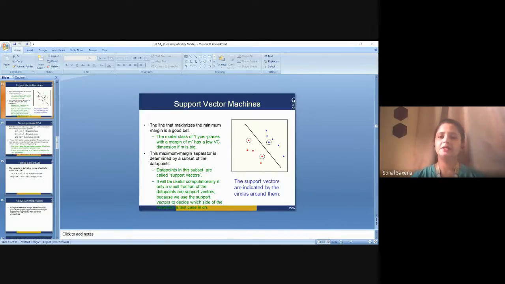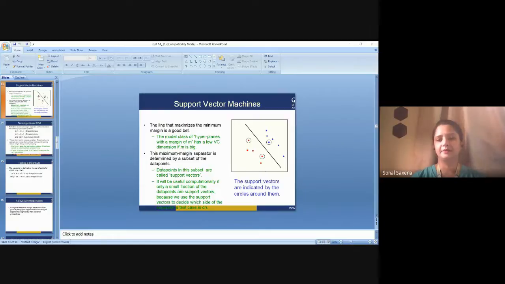Developed at AT&T Bell Laboratories by Vladimir Vapnik with colleagues like Boser and others, SVMs are one of the most robust prediction methods, being based on statistical learning frameworks or VC theory, proposed by Vapnik and Chervonenkis. Right now, given a set of training examples, each marked as belonging to one of two categories, an SVM training algorithm builds a model that assigns new examples to one category or the other, making it a non-probabilistic binary